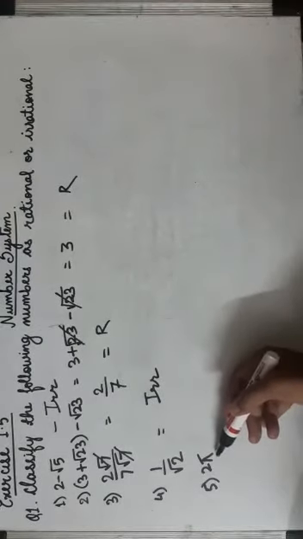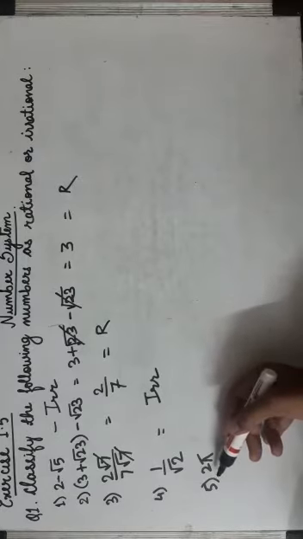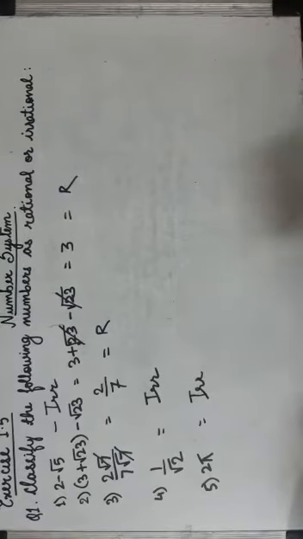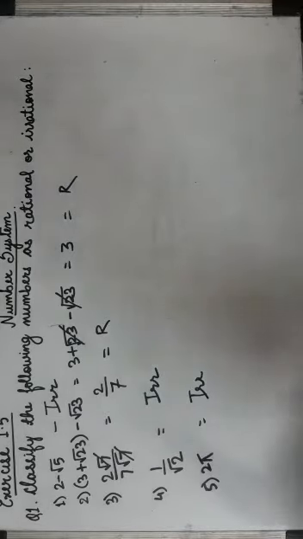Again, pi is irrational, we know. Now 2 is multiplied with pi. Rational is multiplied with irrational, the result is going to be irrational. So this was the solution for yesterday's worksheet and question number 1 of your next exercise 1.5. Now let us see what is question number 2.